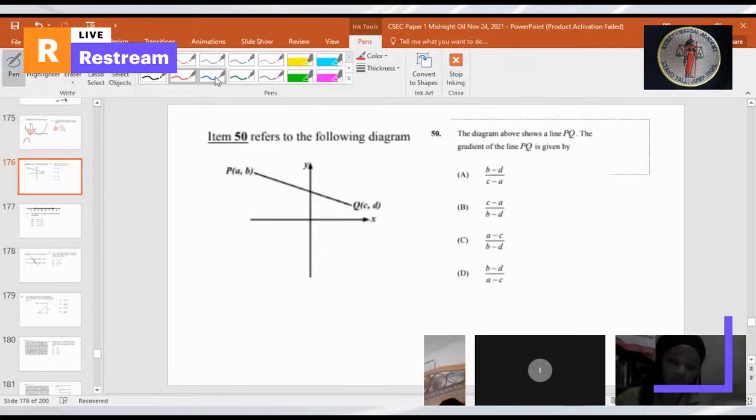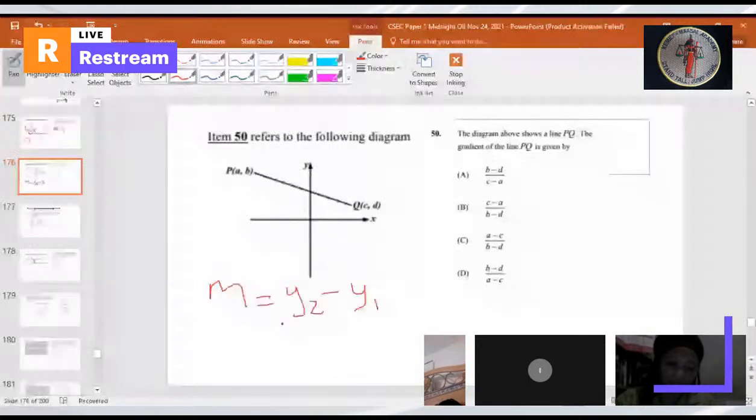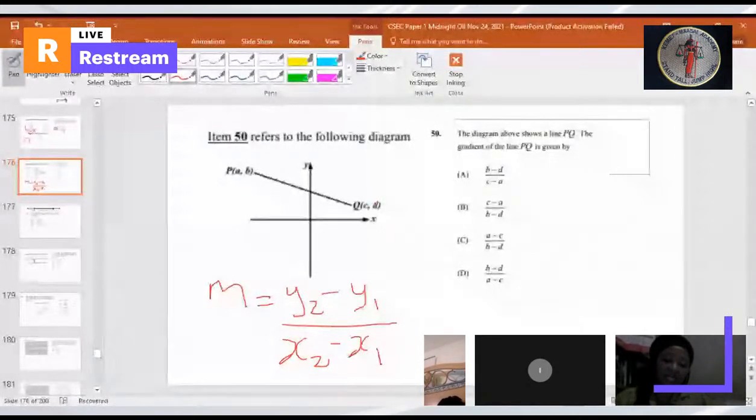So remember, gradient, or M, is equal to the second y value minus the first y value over the second x value minus the first x value. So in that, we would have D minus B